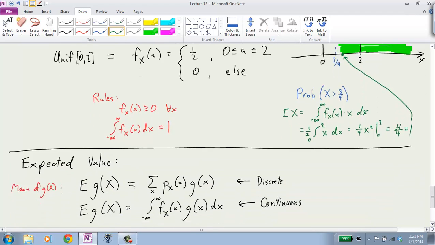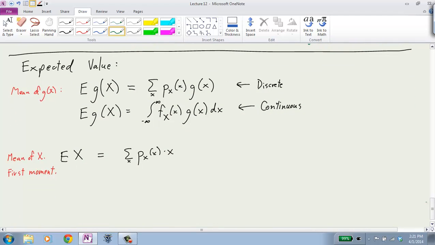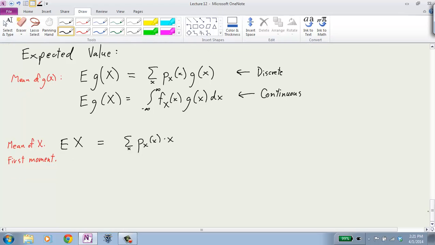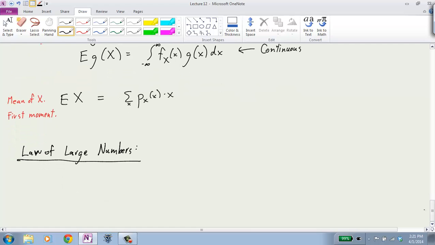Now, there's a more important reason. Well, there are several reasons to focus on expected value of a distribution, but one of them is where expected value materializes, in what's called the law of large numbers. And this says that if you see many different independent copies of x, okay,